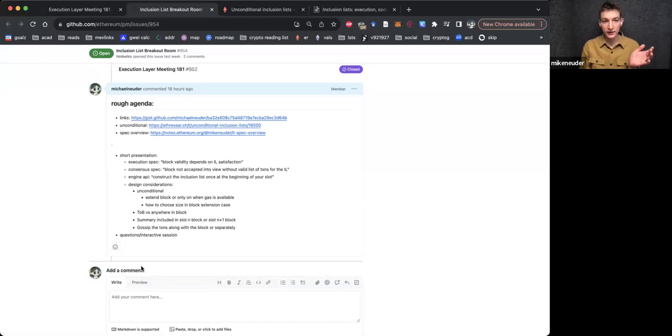I do like the fact that the default is you can just, as the client, include all of the transactions you see in your view. This is obviously slightly less data efficient because now your inclusion list is as big as the block itself, but it takes out this default question, and it also still preserves this unconditional property at the expense of some complexity. Sorry, hopefully that made sense. It was a little rambling, Enrico.